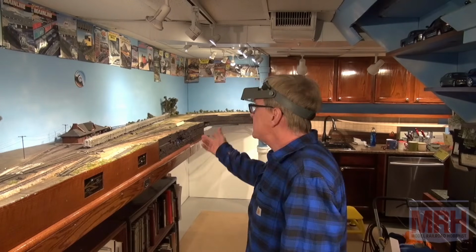For this segment of What's Neat, I am standing in this part of the layout again. How many videos have I made through the years standing in this spot and changing this scene? Well, continuing on now from where I left off in the corner,